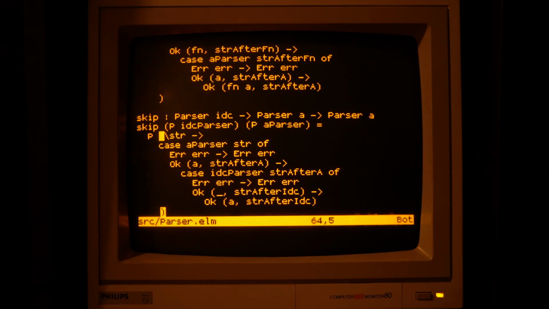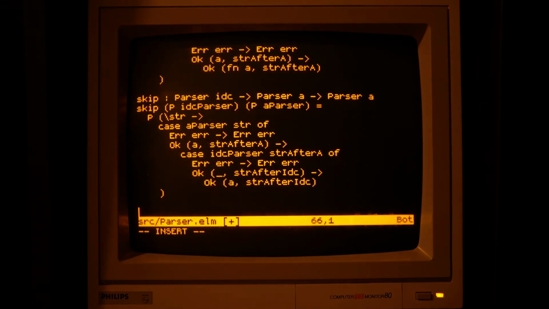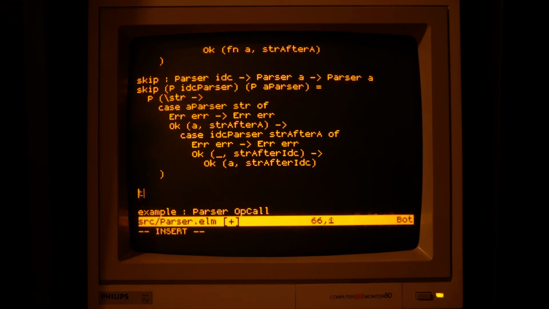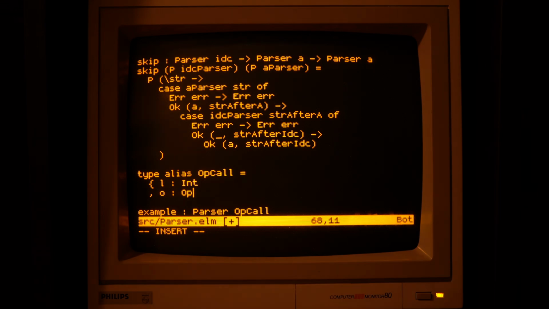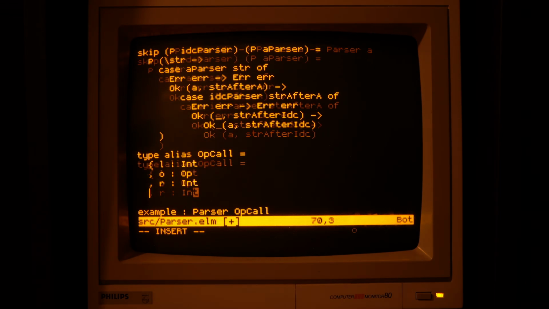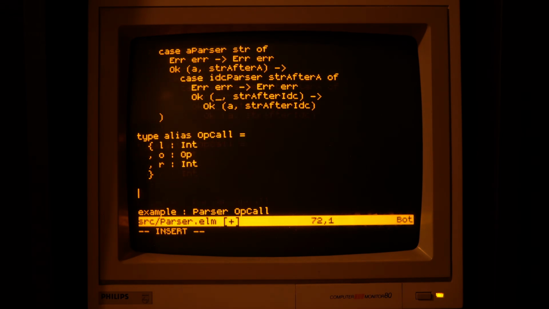Let's pick up where we ended last time and first define what we will be parsing today. I'd like to parse operator calls, ones you could imagine in a compiler somewhere for some kind of language or DSL. It will be very simplified: just a number, an operator, and another number. No parentheses or nested computations, no operator precedence, just two numbers and an operator.